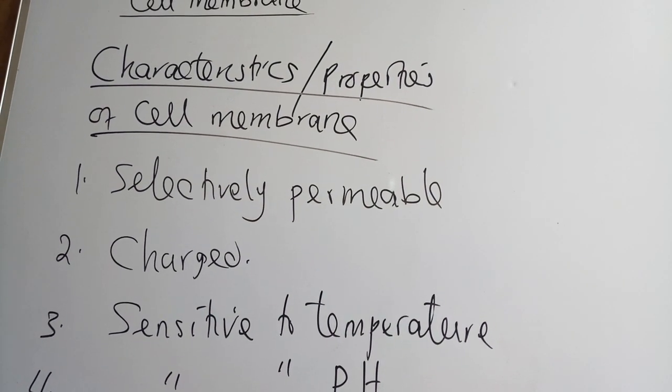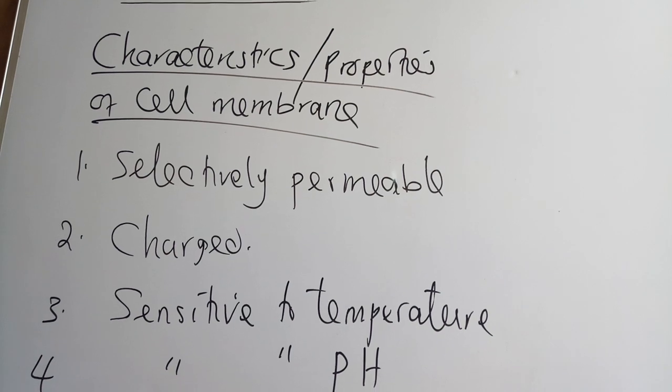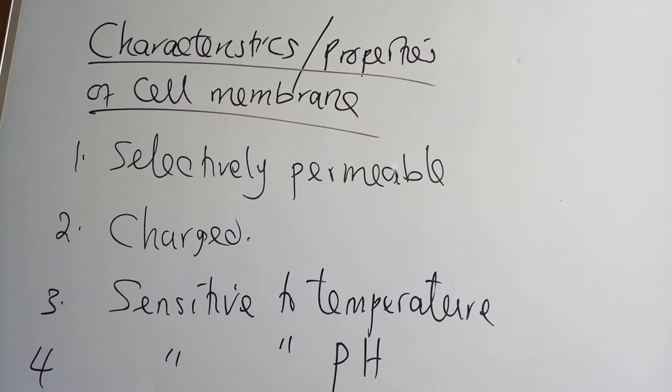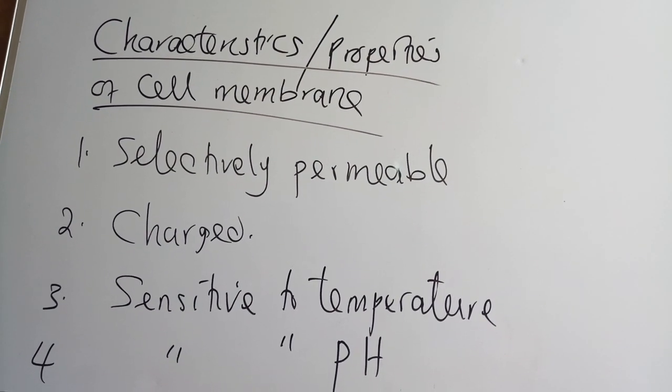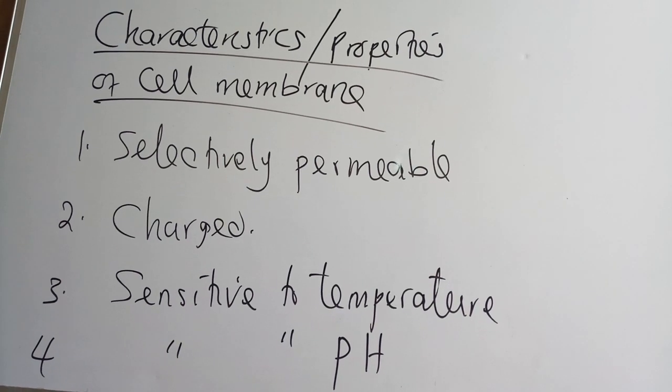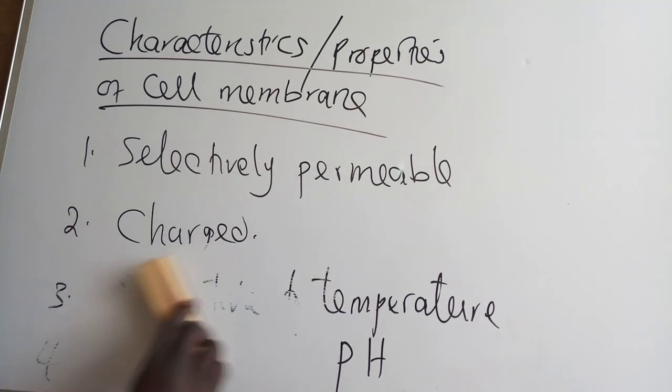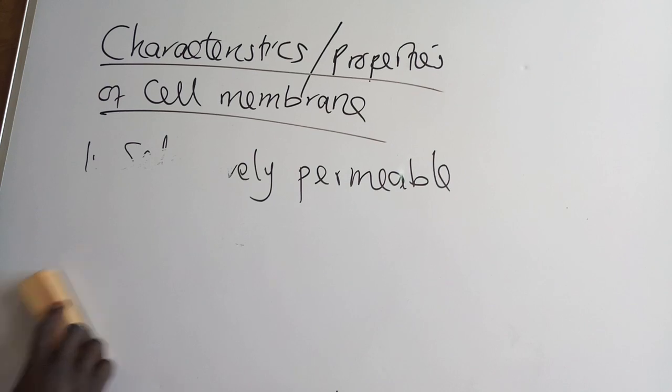We had to start with the cell membrane because we mentioned that it is the one that will regulate movement of substances into and out of a cell. We do have three main physiological processes that take place within a cell. The three physiological processes are